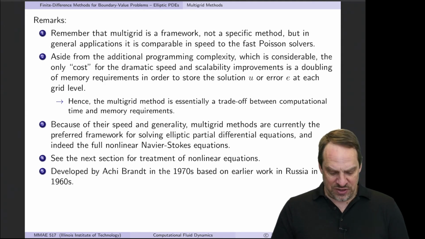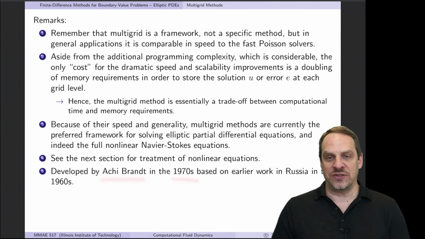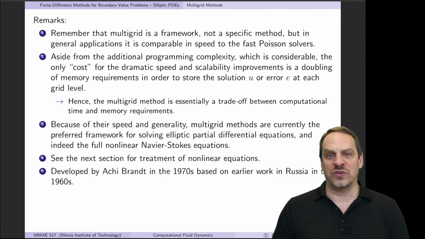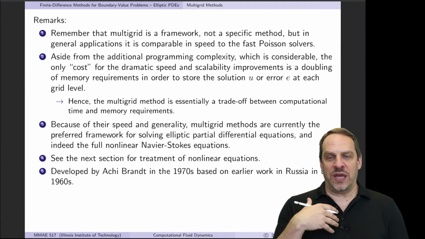Historically, we give credit to Achi Brandt in the 1970s, who developed this framework. He actually did not call it multigrid, he called it a multi-level framework. But actually, there's some work in the 1960s by some Russian authors who predated Achi Brandt and laid the groundwork